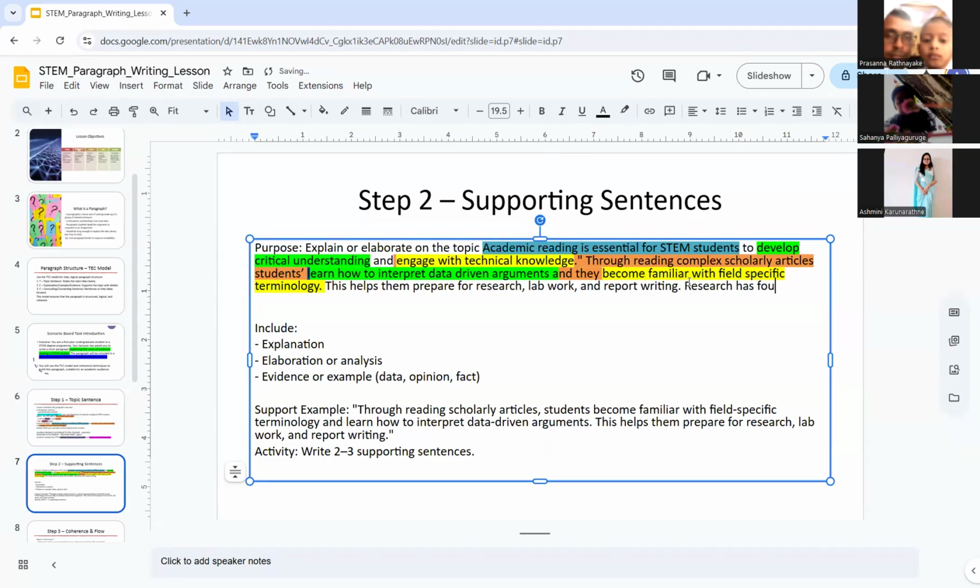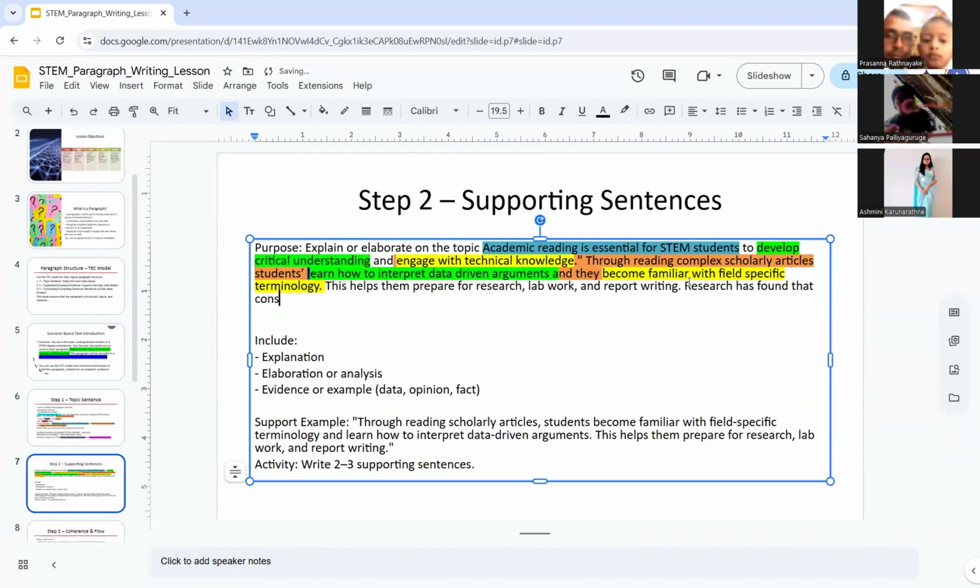Research has found that constant reading helps develop the higher order thinking skills of students,